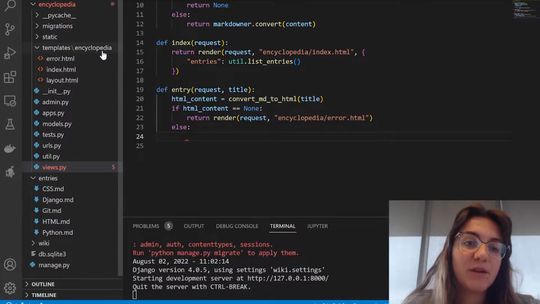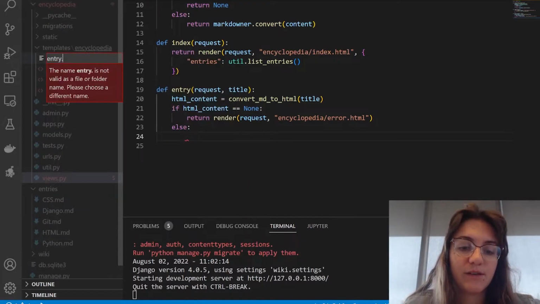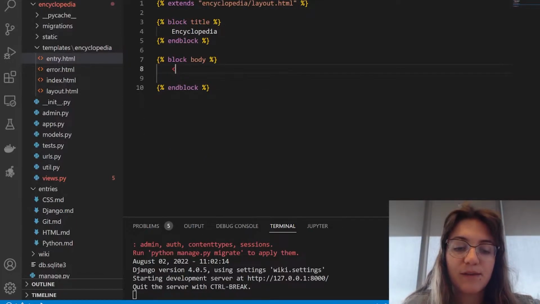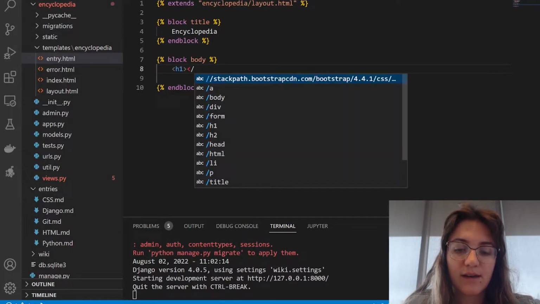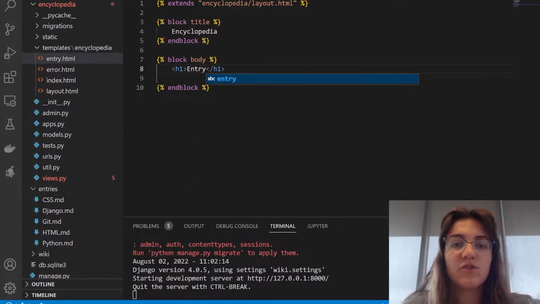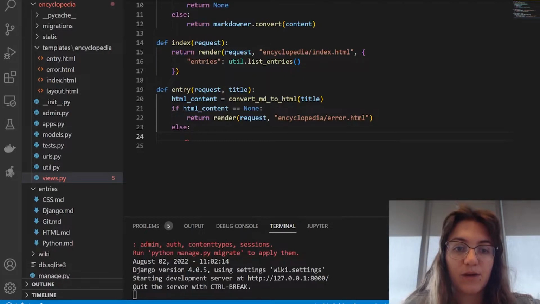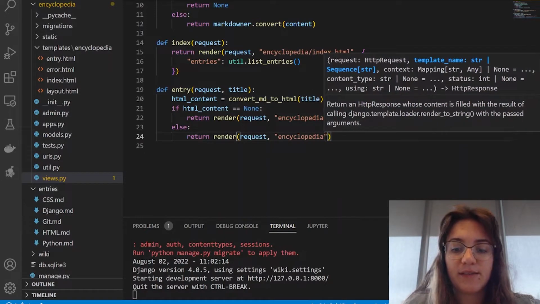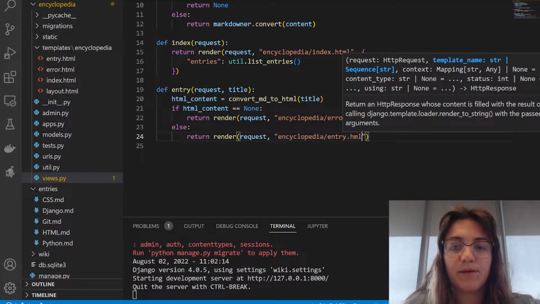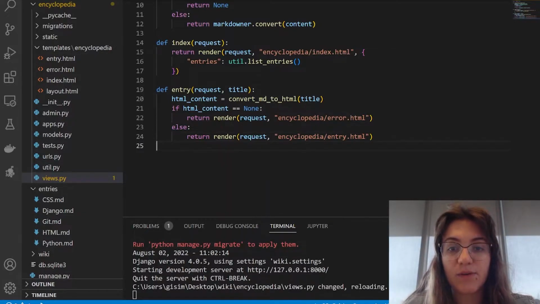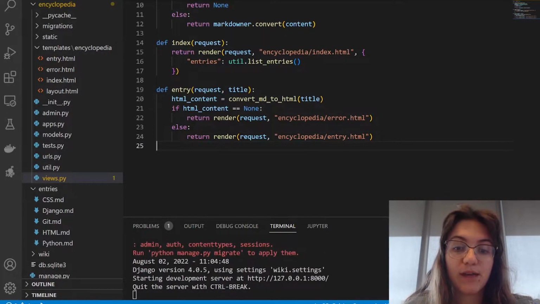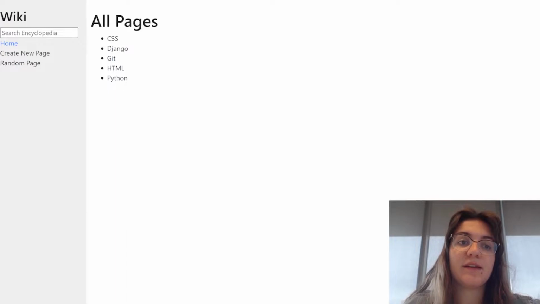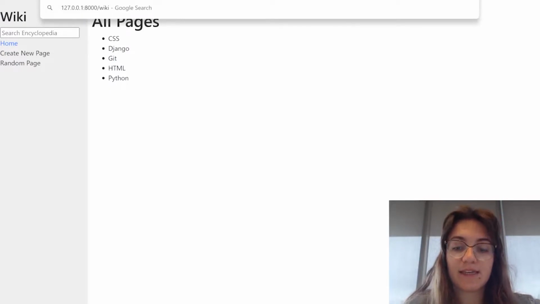Otherwise, if the HTML content is not none, we want to return the content of the markdown in our HTML file. So here I'm going to create a file called entry.html. And again, I'm going to copy and paste everything we saw there. And I'm going to display right now just one heading saying entry, just to check. So we're going to do return render, request, encyclopedia/entry.html. And that's it. This is what I want to do right now just to show you how it works. So let's test. If I go in here and refresh our page, and I put in here, for example, /wiki/CSS,